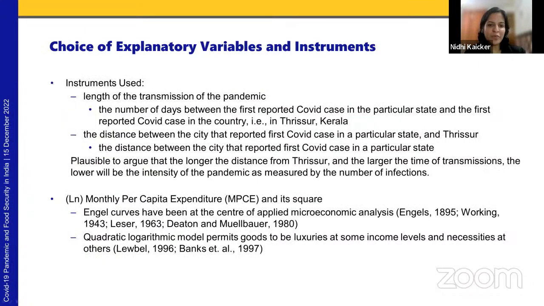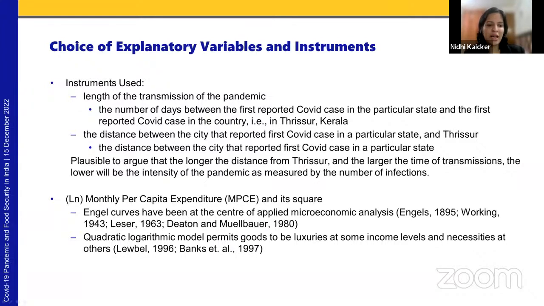Our choice of explanatory variables and instruments is guided by the extant literature. So I'll first talk about the instruments. The first instrument is the length of the transmission of the pandemic. This is calculated as the number of days between the first reported COVID case in a particular state and the first reported COVID case in the country, that is in Thrissur, Kerala. The second instrument is the distance between the city that reported the first COVID case in a state and Thrissur. And in the second stage, we use the estimate of the COVID cases from the first stage as an